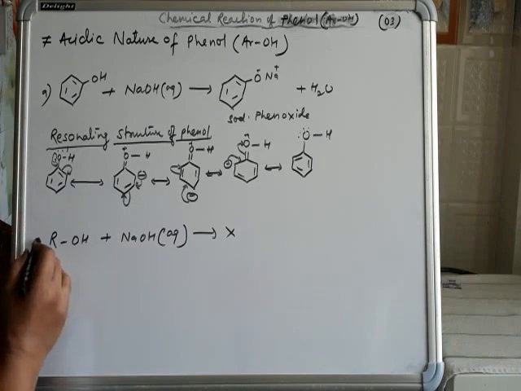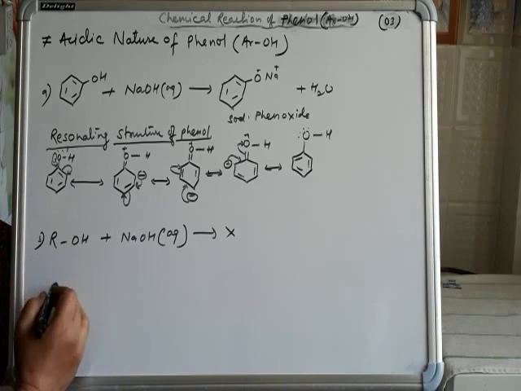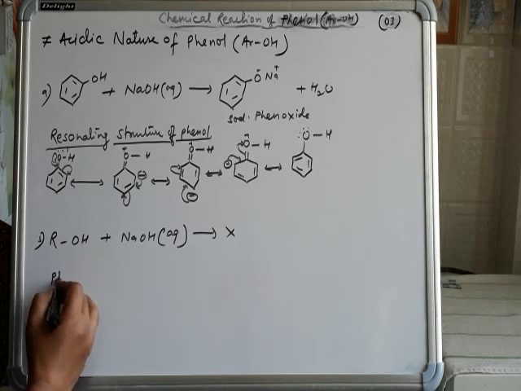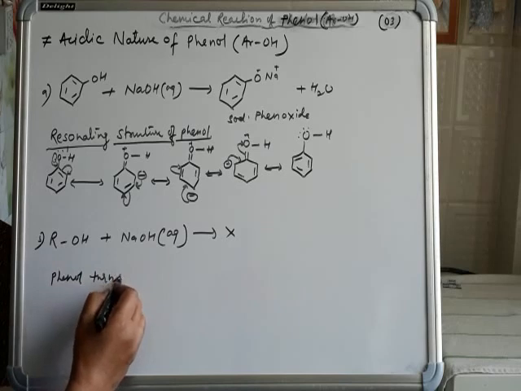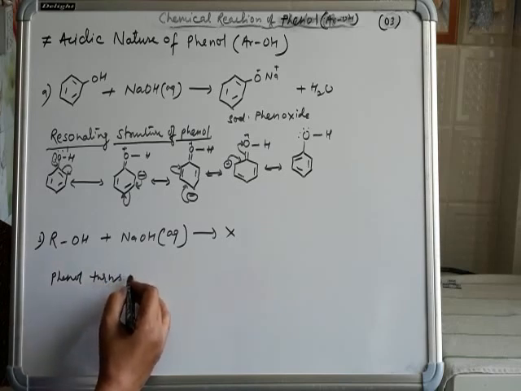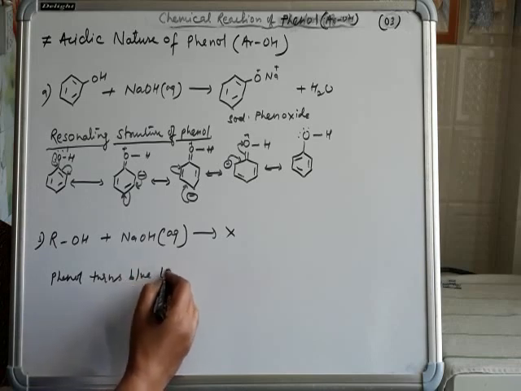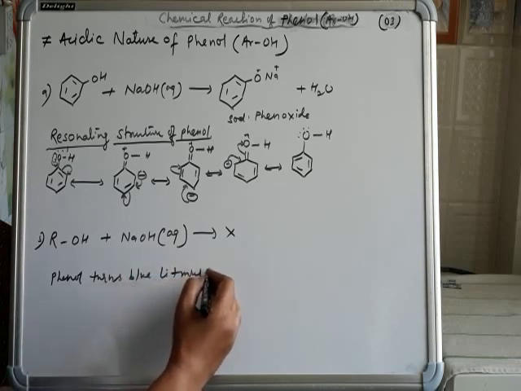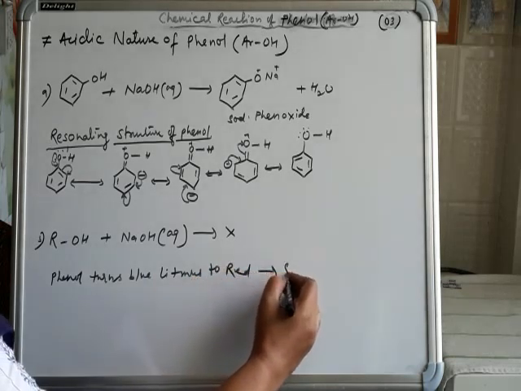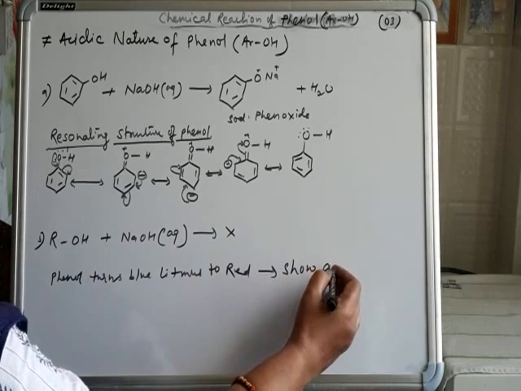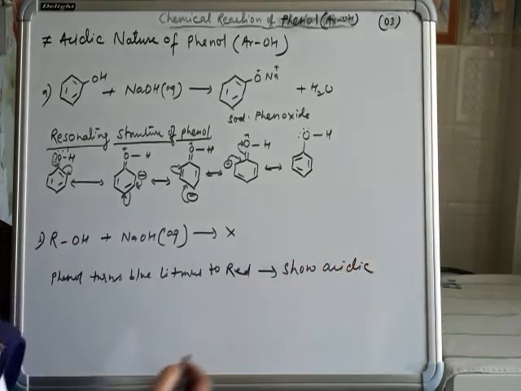And also we can distinguish phenol and alcohol: phenol turns blue litmus to red, showing the acidic character, whereas alcohol